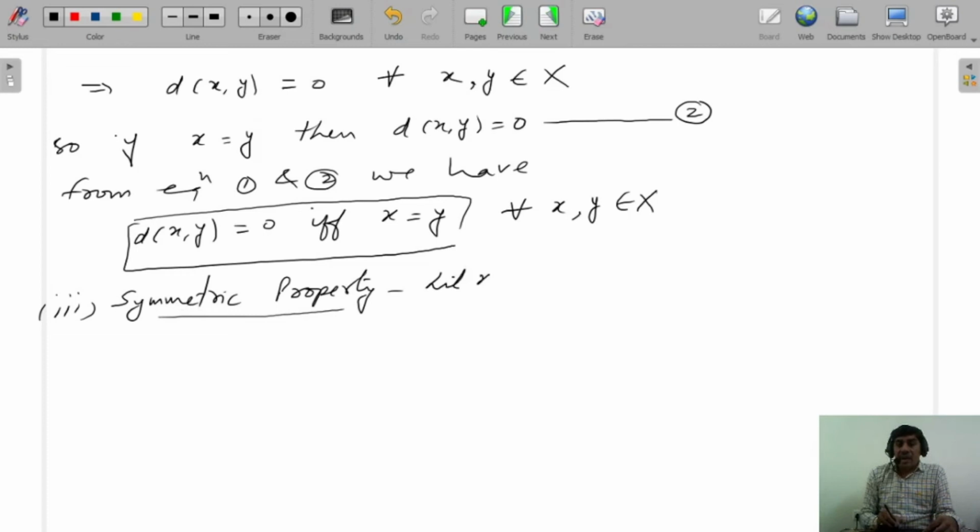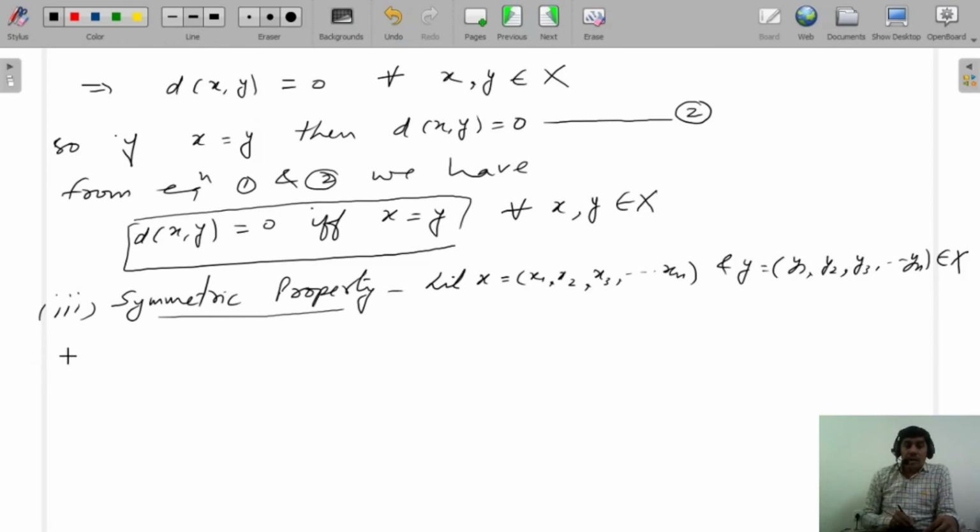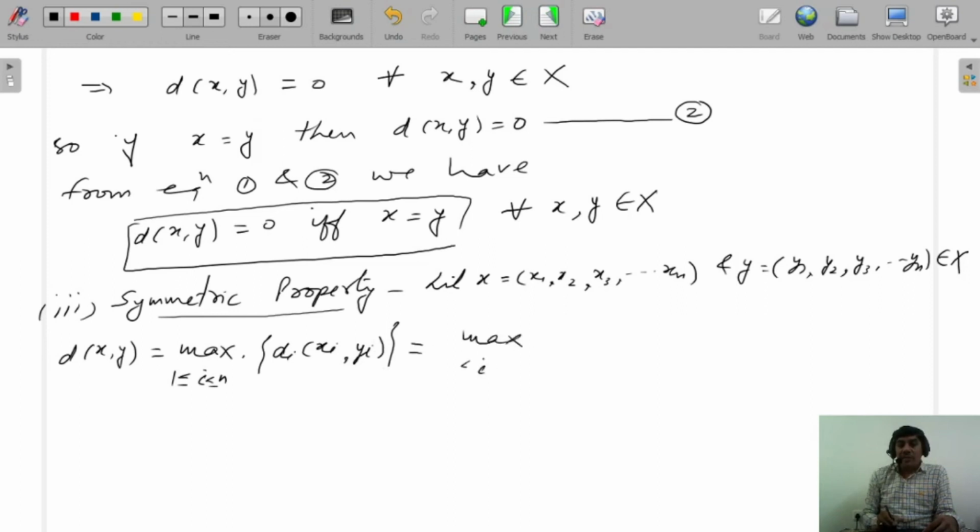Let x is equal to (x1, x2, x3, ..., xn) and y is equal to (y1, y2, y3, ..., yn) belongs to capital X. dxy is equal to maximum of i varies from 1 to n di(xi, yi), which is equal to maximum i varies from 1 to n di(yi, xi),